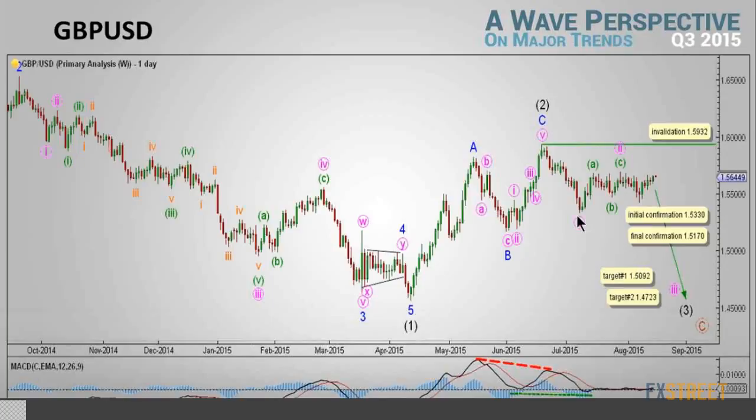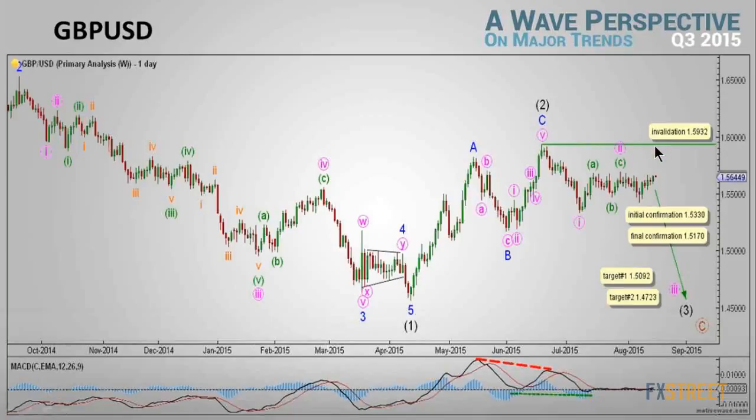We can clearly see on the daily MACD that MACD made a bearish divergence between the end of wave A blue and the end of wave C blue, as MACD didn't register the price highs made by price action. Now, this count would be invalidated by movement above 1.5932, as wave 2 pink may not retrace more than 100% the length of wave 1 pink. If that invalidation point was met, we will shift our focus to the alternate